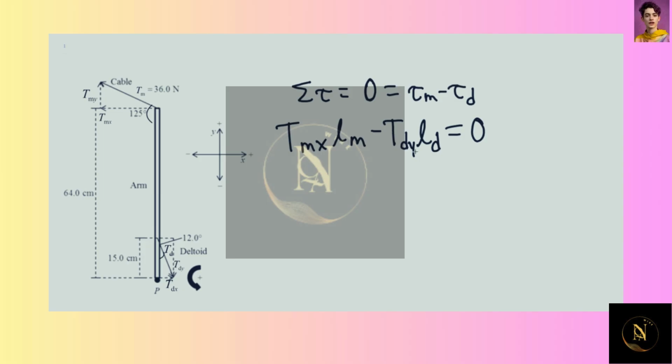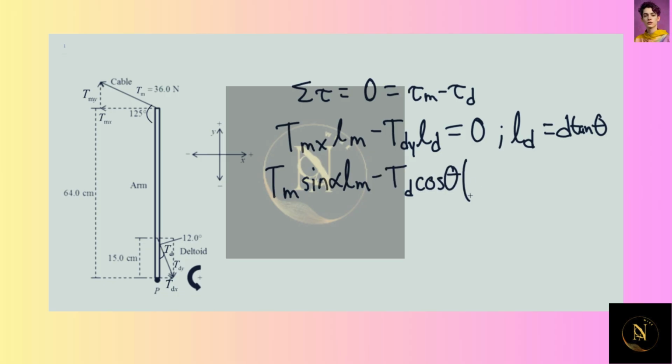we know that T sub dy is simply going to be the tension in the deltoid times cosine of theta, and tension sub mx would be tension sub m times sine of alpha. We also know that the length of the deltoid would be equal to d tan of theta. So we can say that T sub m sine of alpha times L sub m minus T sub d cosine of theta times d tangent of theta is going to equal 0, which means that the tension in the deltoid